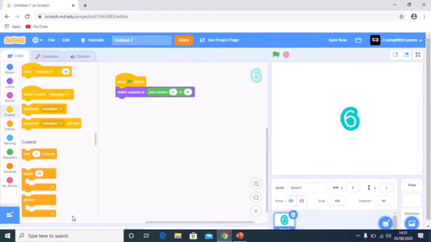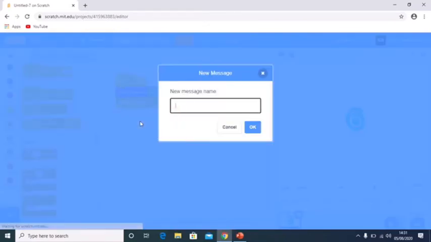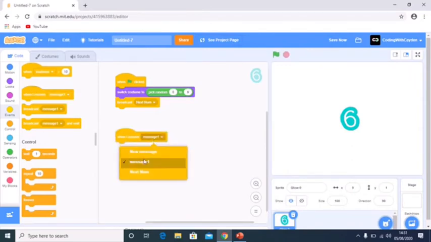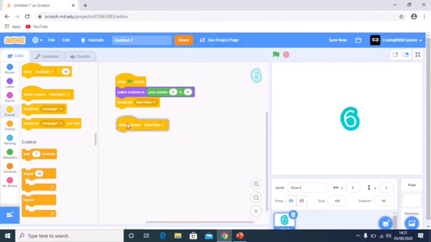Up in events, we're going to say broadcast, new message, next num for number. We're then going to say when I receive next num. Then we're going to say wait 1 second, and then we'll say again